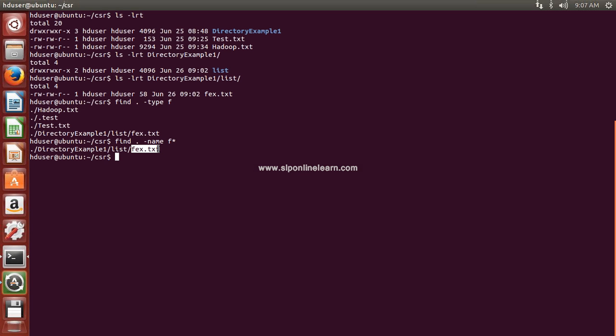Based on the search criteria, it will start searching from the specified path, in this case the present working directory, till the end of the directory structure. It won't go above the specified path. So it won't go to the parent of the CSR directory or the root directory. It will only go to the bottom of the tree, not the above tree. Means,